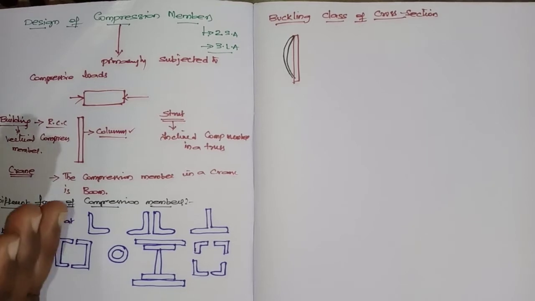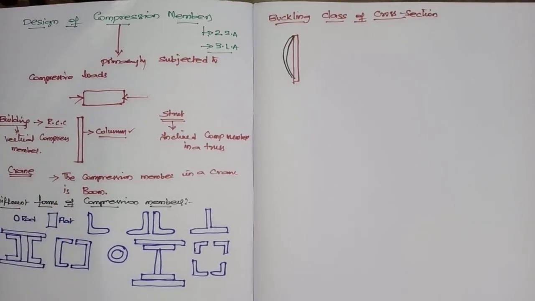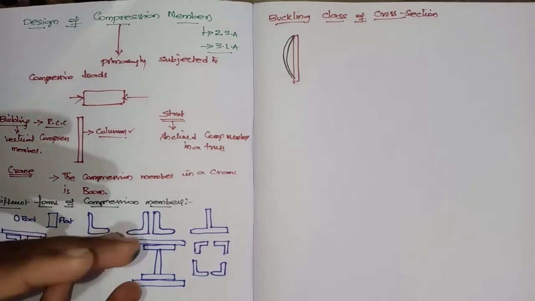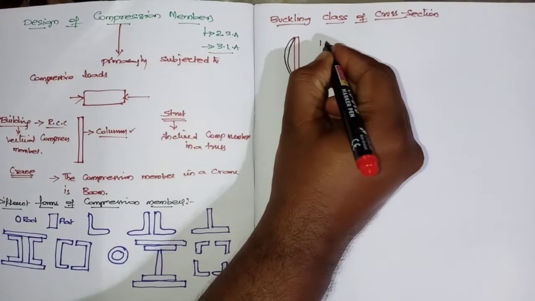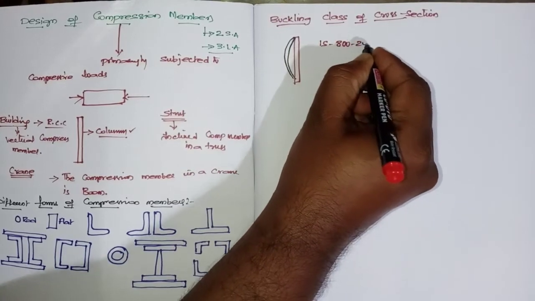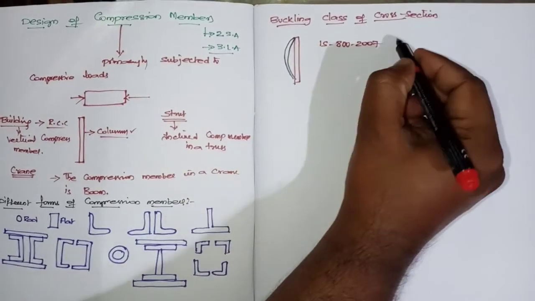Imperfection of the fabrication means, because we are dealing with steel structures, we will be fabricating it, either by welding or riveting or bolting. So there may be some chances of imperfection, and because of that, even though we are assuming it is an axial load, it may become an eccentric load. So for that, the code, IS 800 2007, divides